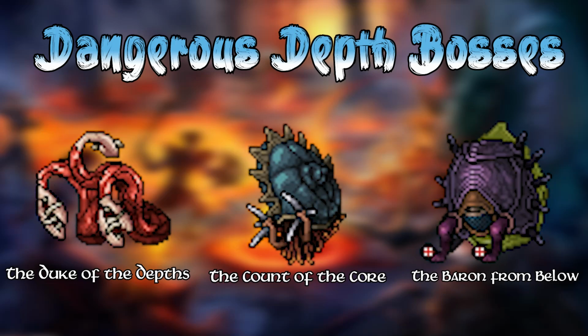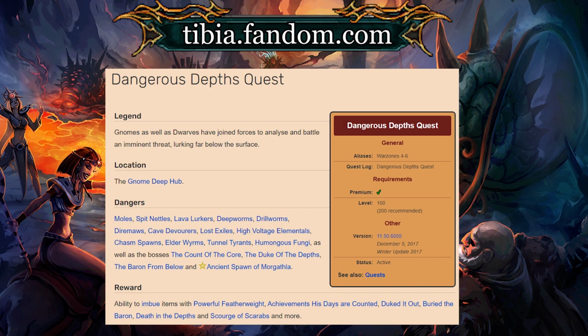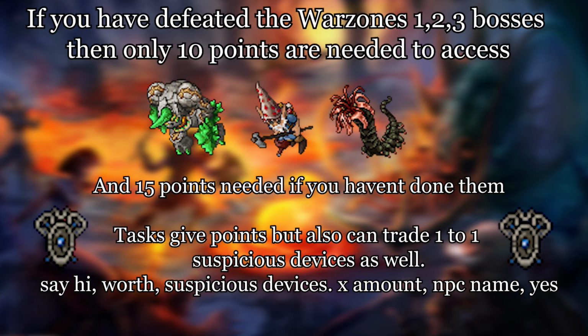These bosses are part of the Dangerous Depth quest, which is a continuation to the Warzones 1 to 3 from the Bigfoot's Burden quest. For that reason, they are more known as the Warzones 4, 5, and 6. Each of these areas has a boss on it, and to access the area itself, you must exchange 10 or 15 points. 15 if you haven't completed the Warzones 1 to 3 once, and 10 if you have done those